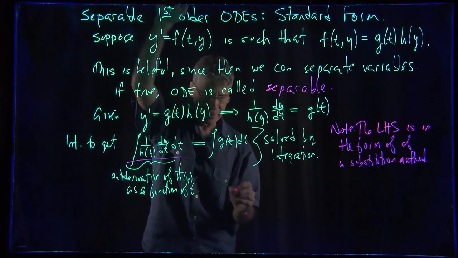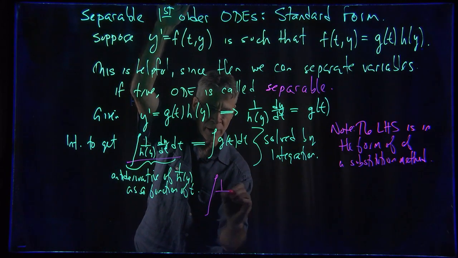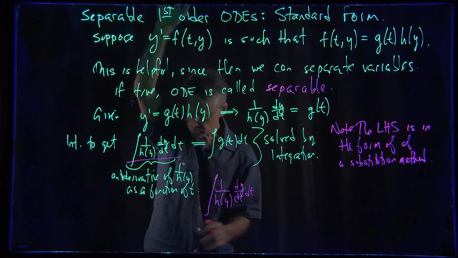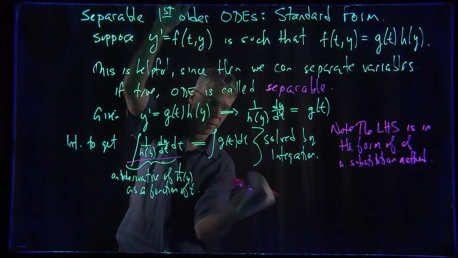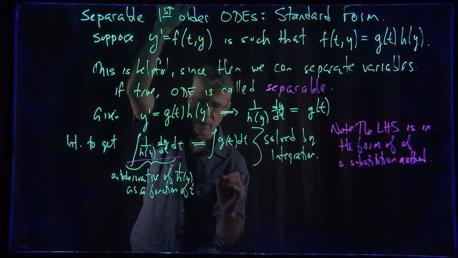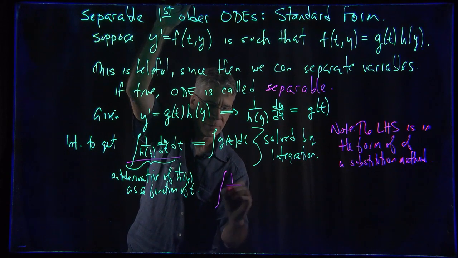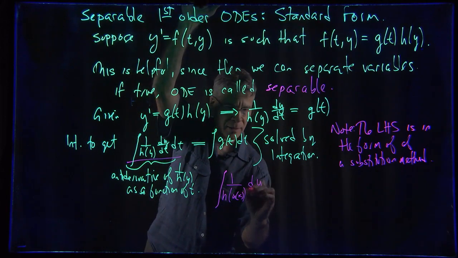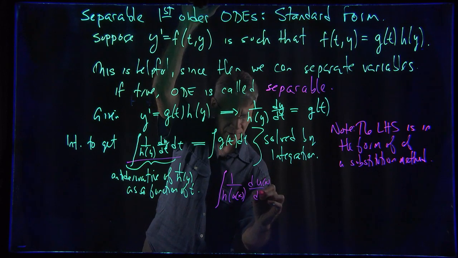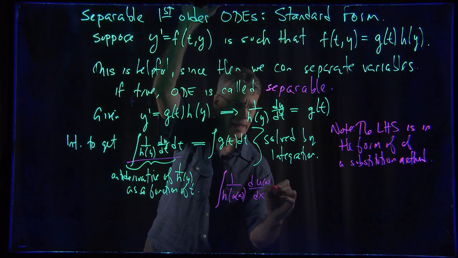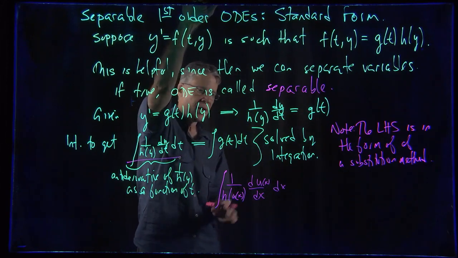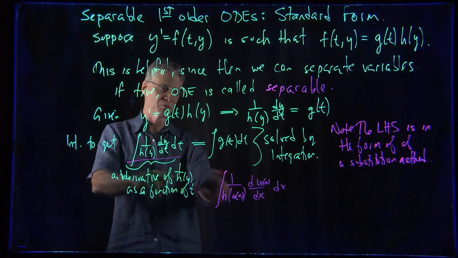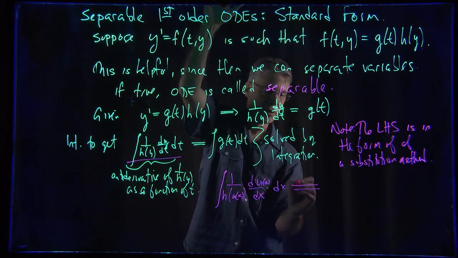If I wanted to rewrite that in a slightly different way, I could write this as the integral of 1 over h of y dy dt dt, and I'll write that in a slightly different form. Let's write that this way: the integral of 1 over h of u of x, du of x dx, dx. Okay. I'm changing the variables here because I want to basically show you how the structure of this particular problem works. This is a slightly different problem than this, but you can see that it's really the same kind of a problem. If I were to use a substitution,